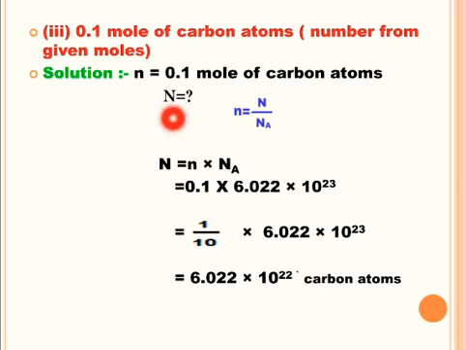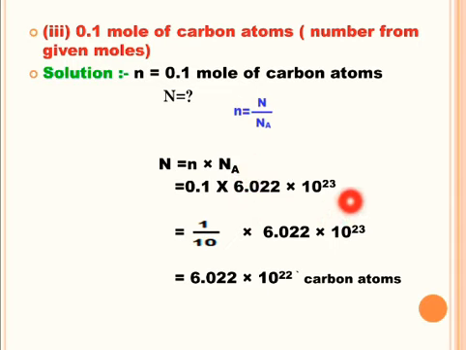And what we have to find out? We have to find out number of carbon atoms from 0.1 mole of carbon atoms. So which formula is to be used to calculate the number of carbon atoms? Yes, capital N is equal to small n multiplied by Avogadro number, that is Na. And this formula has come from small n is equal to capital N divided by Avogadro number, that is Na. Now what we have to do? We have to put the values of small n, that is 0.1, and Avogadro number, that is 6.022 into 10